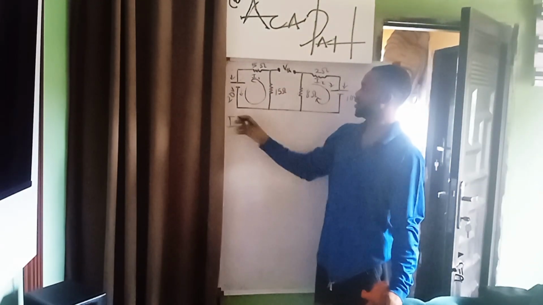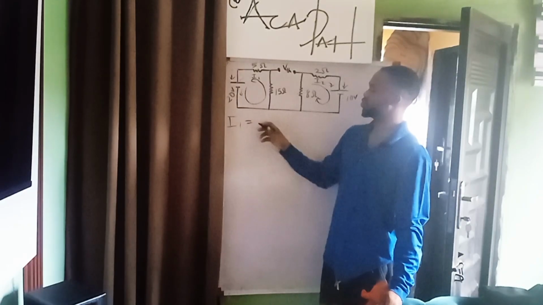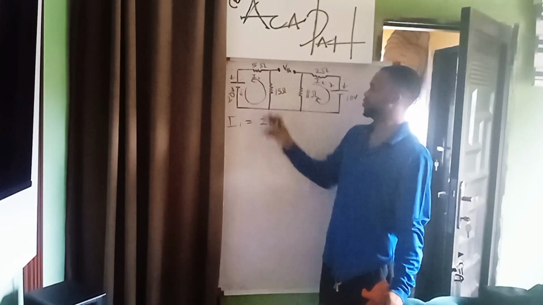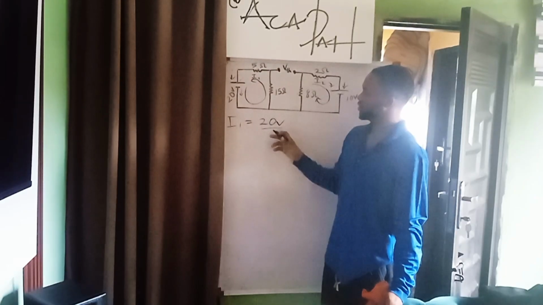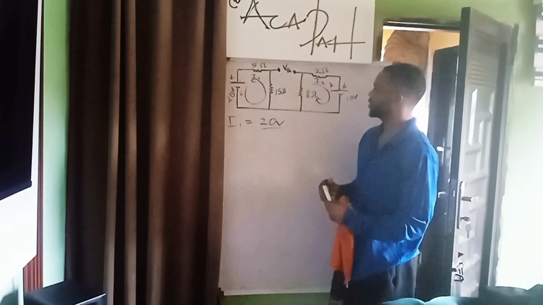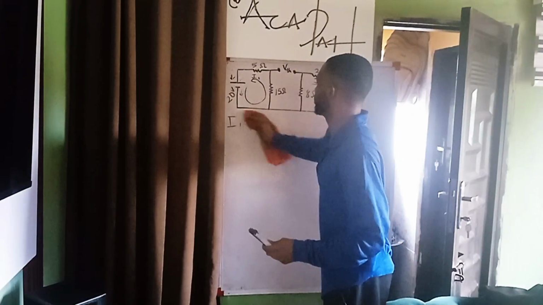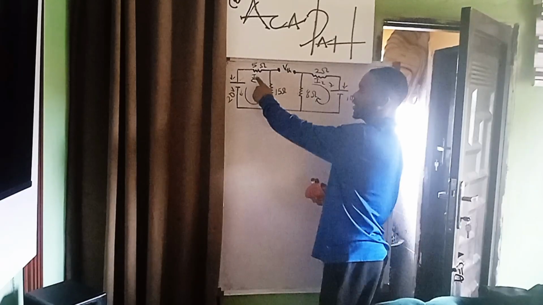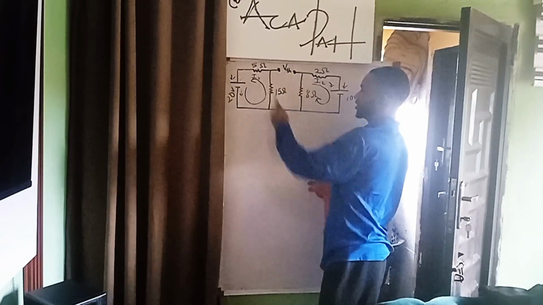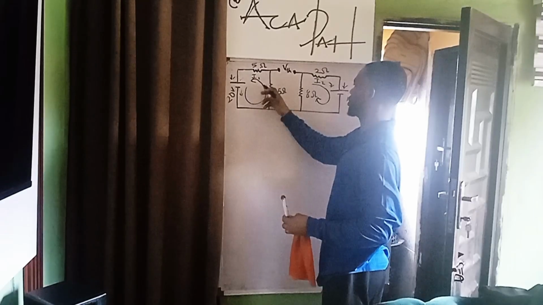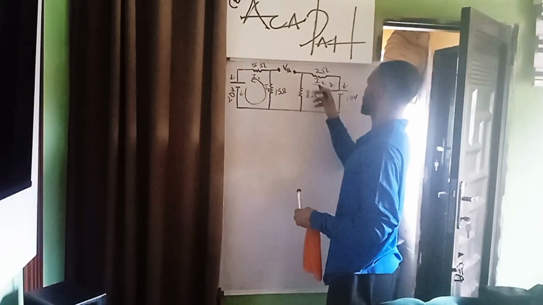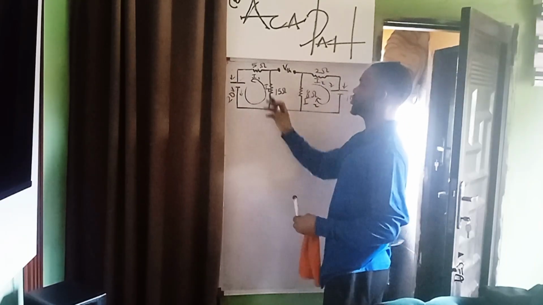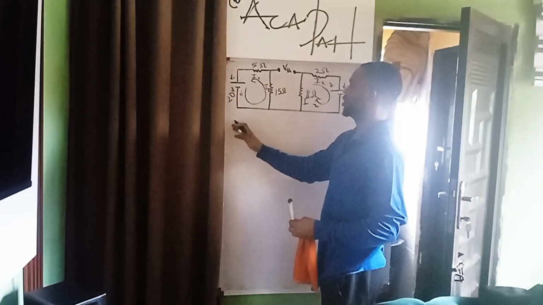So let's now find the current in the first loop. The current in the first loop will be equal to the voltage. Before I do it this way, let's do it this way, sorry, so that we don't make a mistake. Let's find out the I. This I is here, and it's also going to be here because it's the same current. In this case, this I2 is here and also here, the same current. So all I need to do is to find all the current. So I have